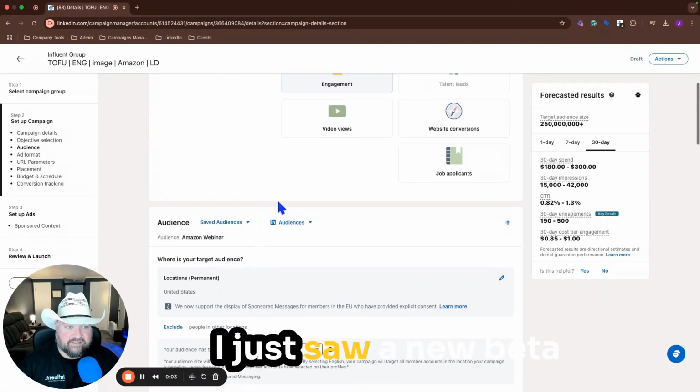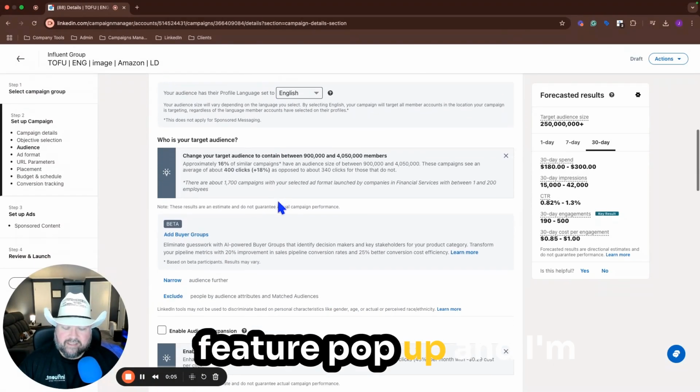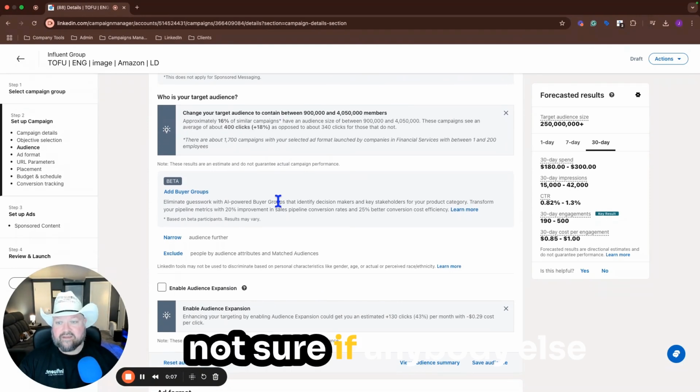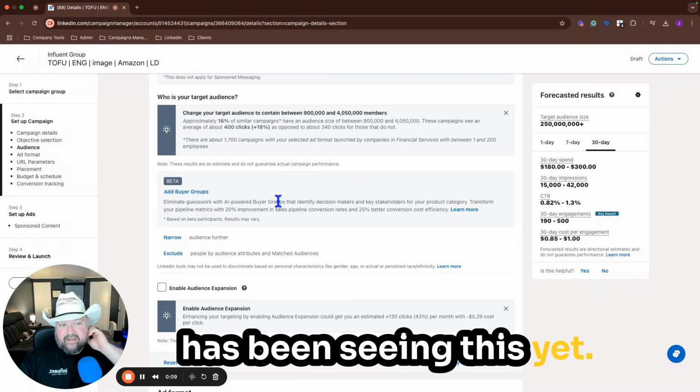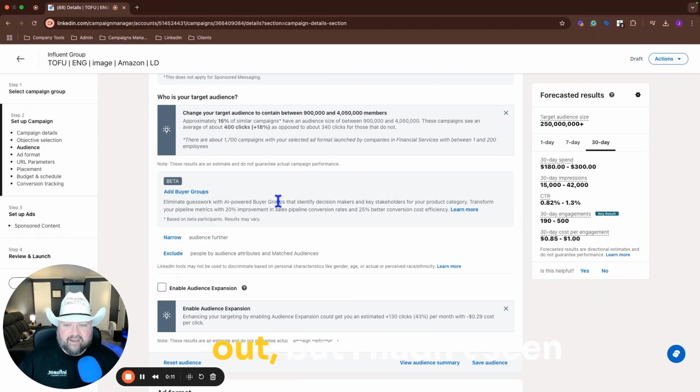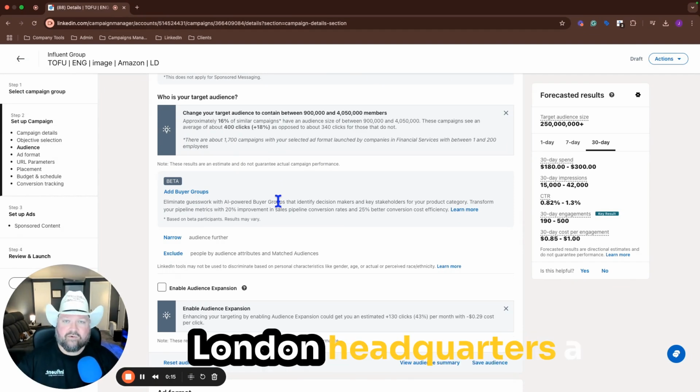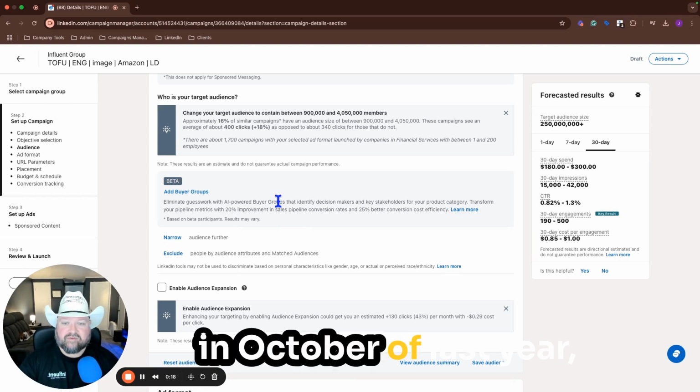Hey everybody, I just saw a new beta feature pop up, and I'm not sure if anybody else has been seeing this yet. I had heard that it was going to be coming out, but I hadn't seen anything about it yet. So, when I was at the London headquarters a few months ago, back in October of last year,